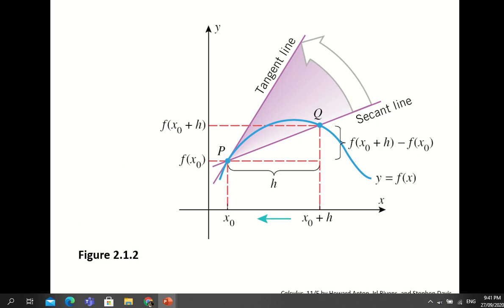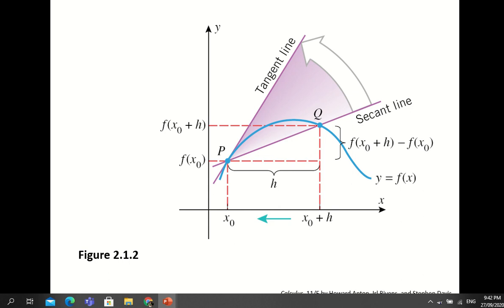Now we have here another scenario. This is related to the previous graph, but here, instead of x, we use the increment h. It means the horizontal distance between P and Q. We call it h. So again, our P has the coordinates x sub 0 and f of x sub 0,